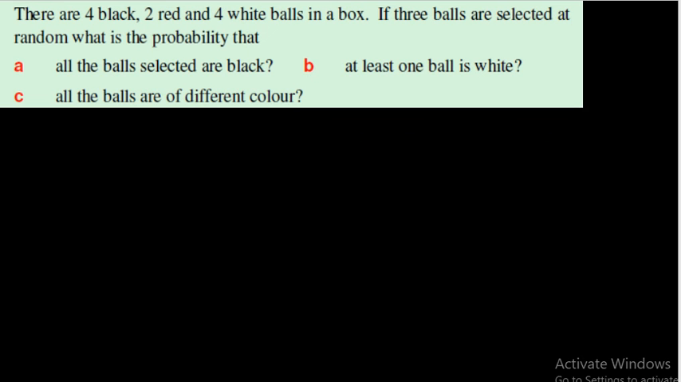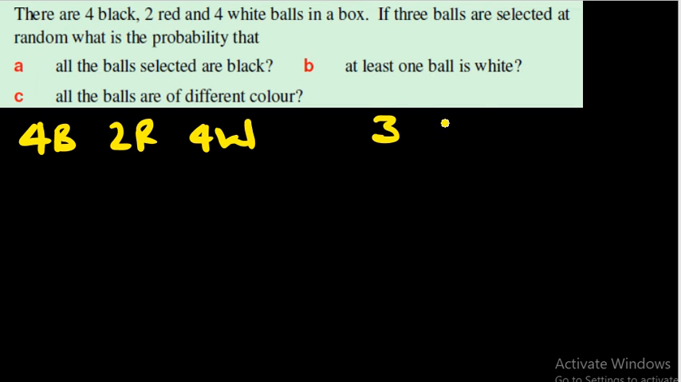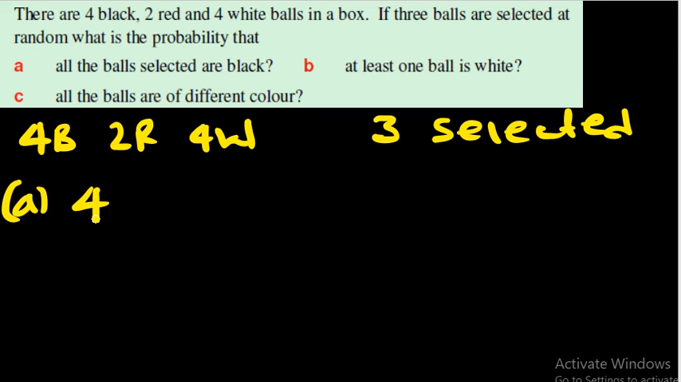When you go to the next one, there are 4 black, 2 red, and 4 white balls in a box. If 3 balls are selected at random, what is the probability that all the balls selected are black? For this case, all black means the combination 4 3, because the blacks are 4, divided by the total number